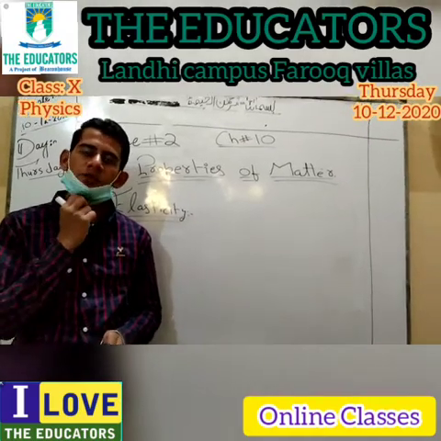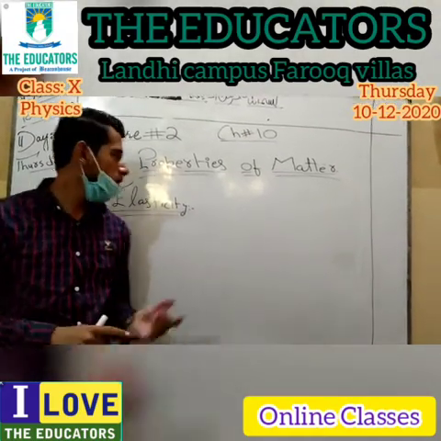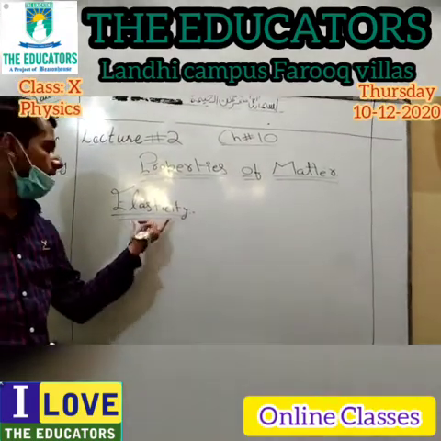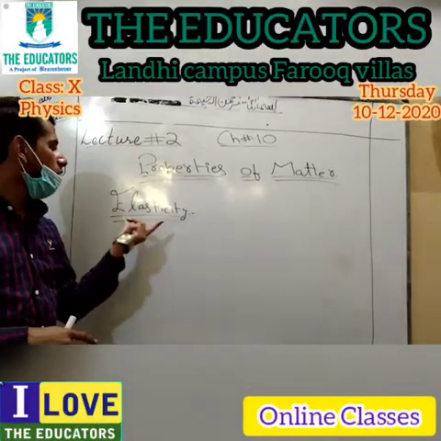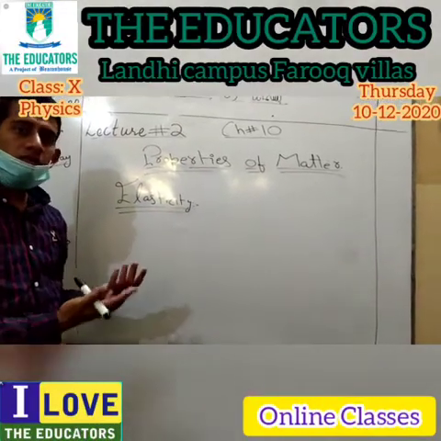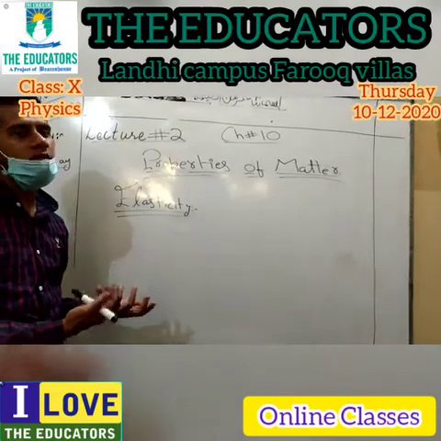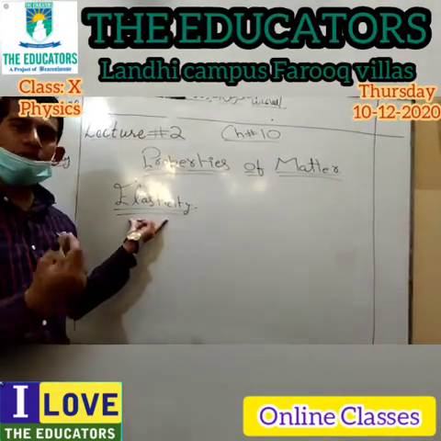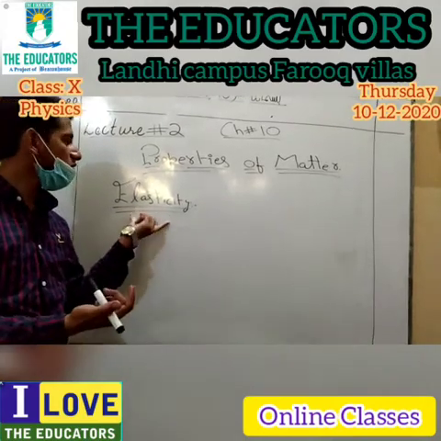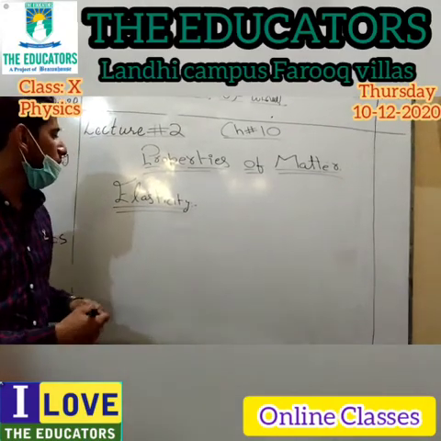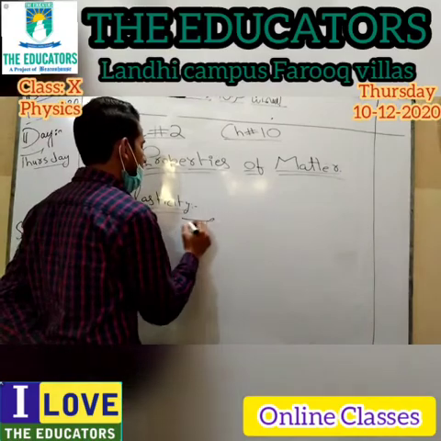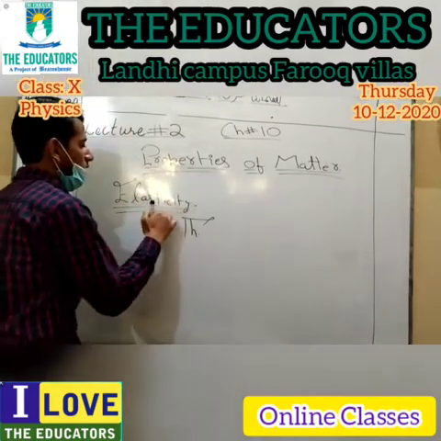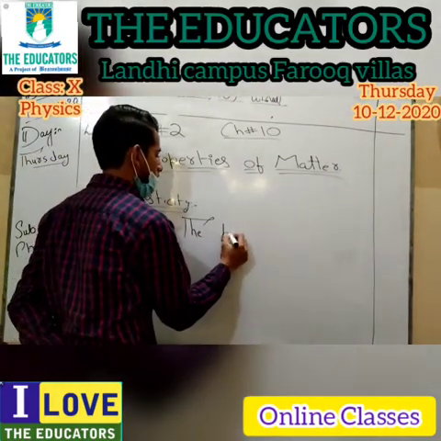The very first property mentioned in your book is elasticity. That is a property of matter. I have mentioned earlier what property actually is: some unique features associated with a body. So elasticity is a property of matter. What actually is elasticity? I'm writing it here. What is elasticity? It's a property of matter, the property